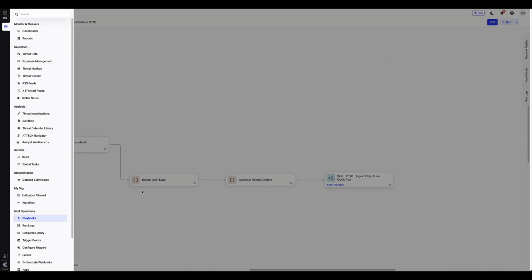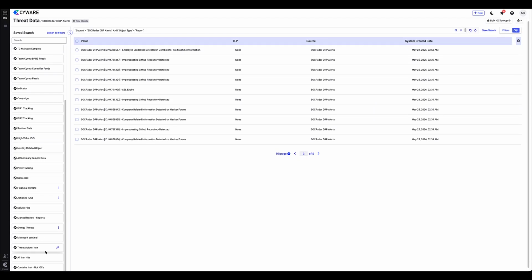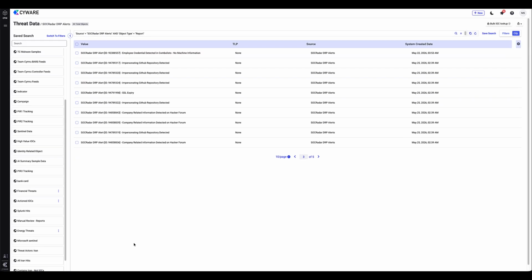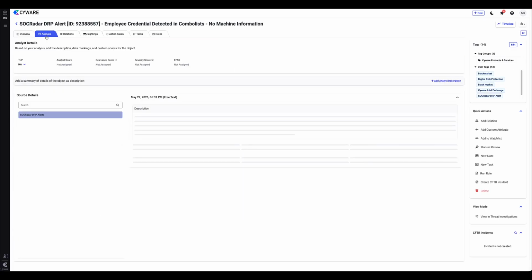For all subsequent inquiries, you can navigate directly to the threat data section, where a pre-configured CQL is available specifically for SOCRadar alerts. The platform displays these as SOCRadar DRP alerts, categorized by source and with the object type designated as a report. As you can see, there are numerous alerts listed here. You have the ability to open any individual alert and delve into the analysis section to review the comprehensive report